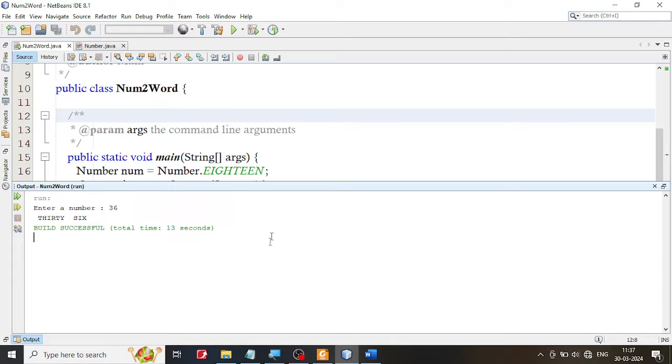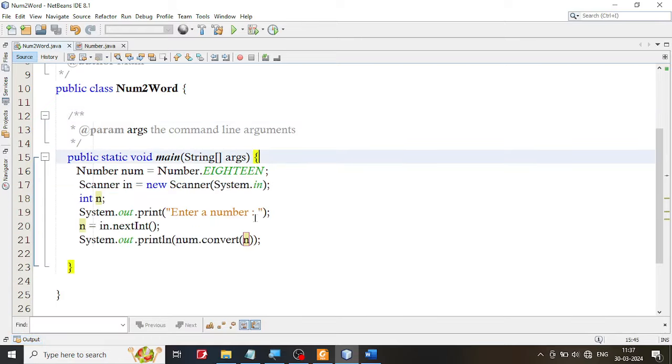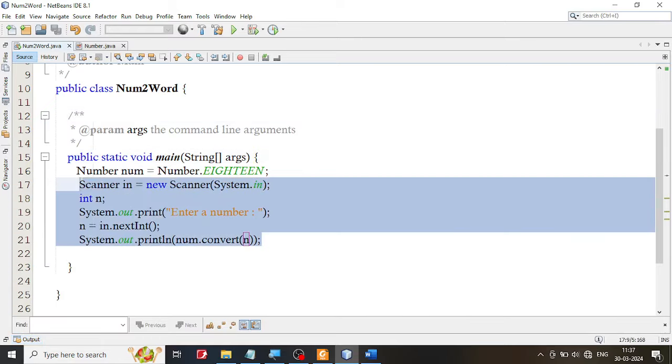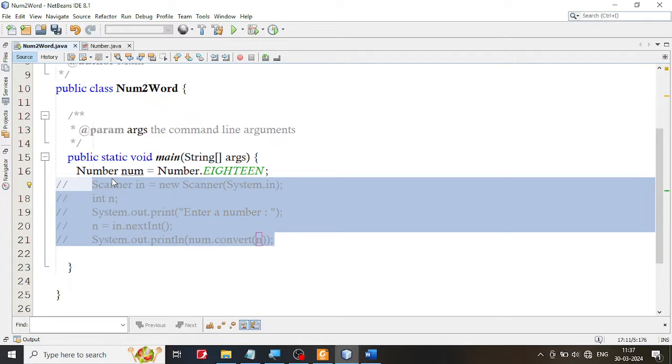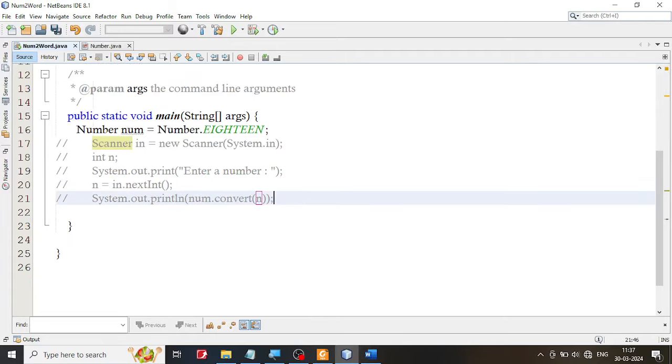Now the only thing is I don't want to run this again and again. So I'm going to just remark this one. How to quickly remark this? If you want to remark this statement, type Ctrl plus the slash. So you will quickly remark it in one shot. If you press it again, it will unremark it. So you can remark it and unremark it. I'm going to remark it, and I'm going to use s out,